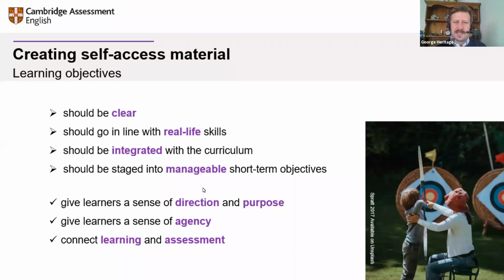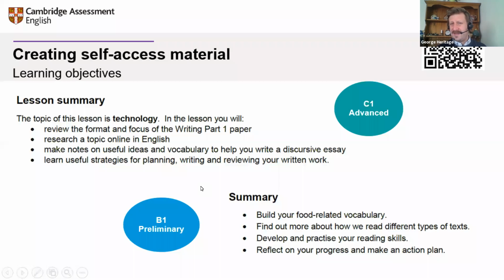Okay, so we're going to have a look at some examples now. I think these are taken from your New English classroom, or a lot of the material that was created over the summer. Here we have an extract from a C1 advanced lesson plan focusing on the writing, and B1 preliminary focusing on reading and vocabulary. Yeah. What's important about this, Victoria? Why is this on screen?